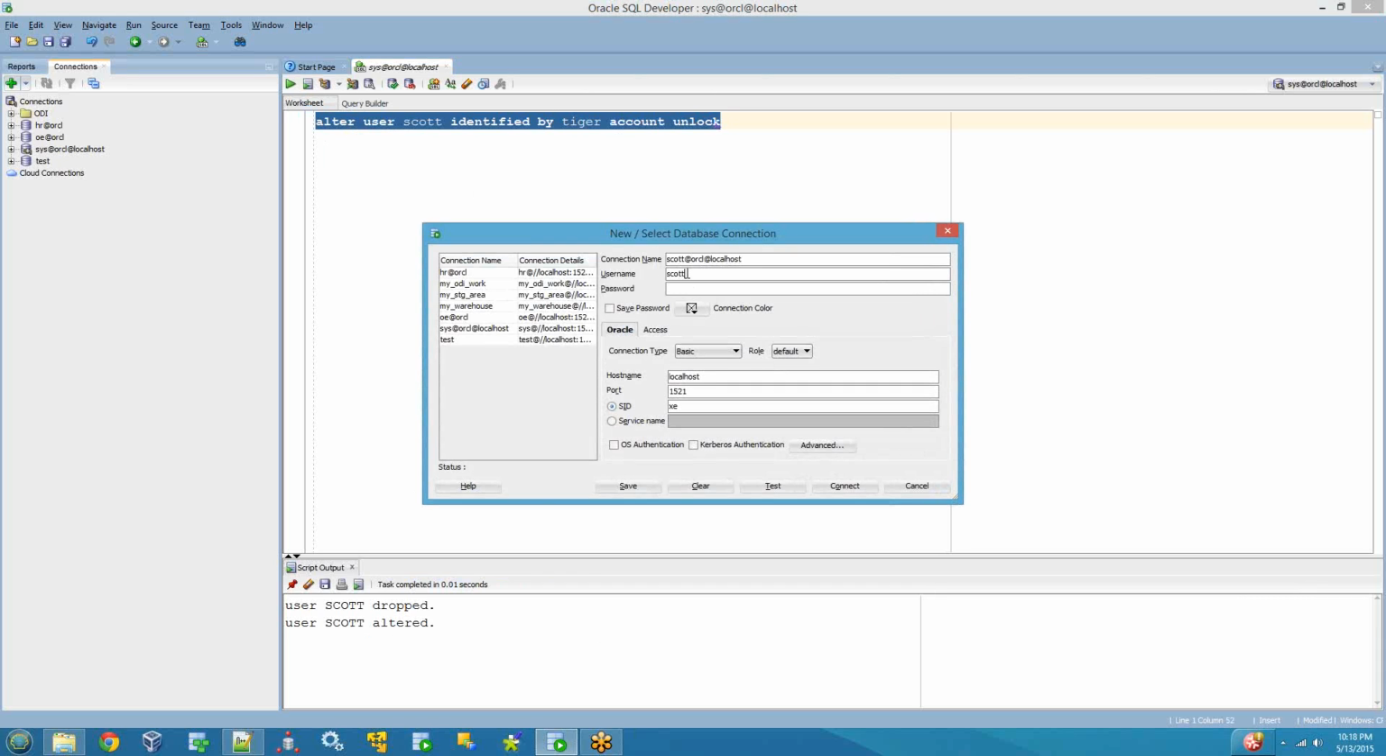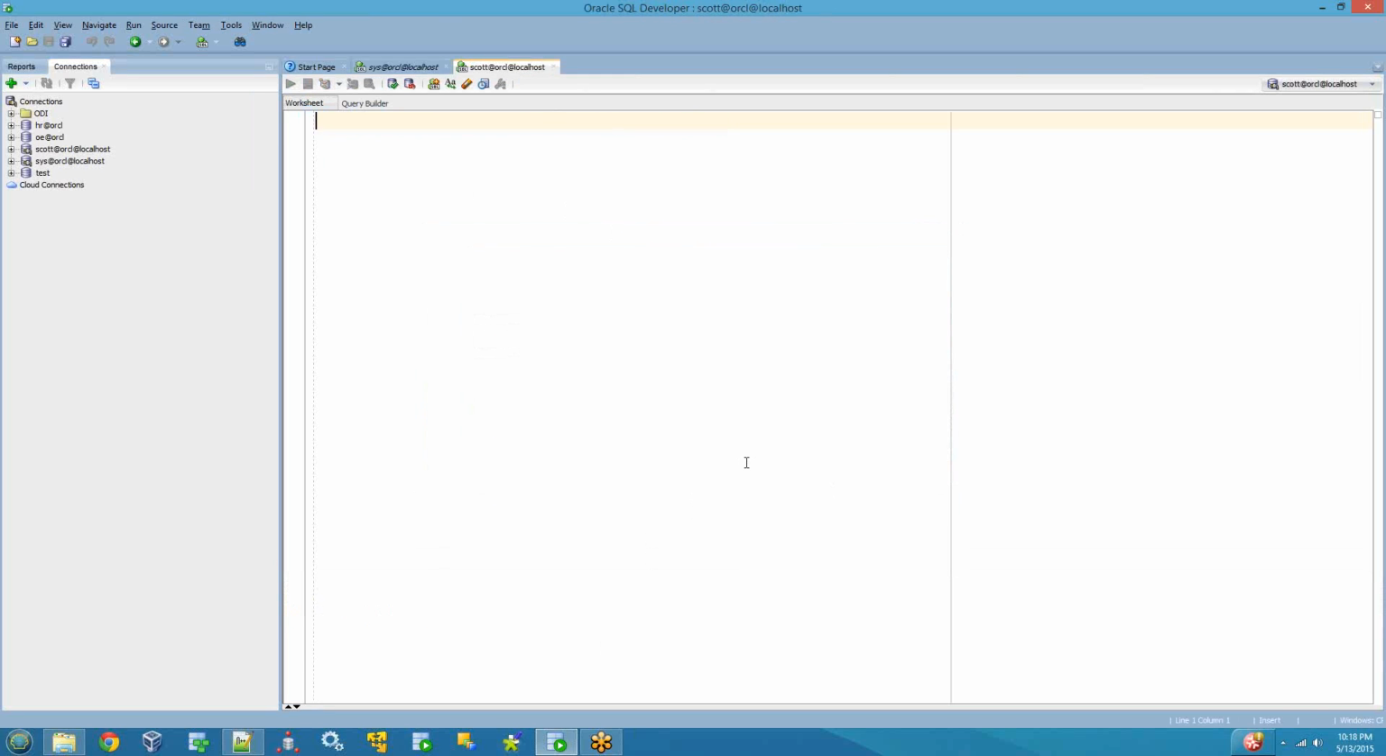So now the username is Scott. This is the password we used, Tiger, and the role is the default, and save password, and SID is ORCL. Success, and connected. So now starting from tomorrow we are going to use this Scott user for our practices until